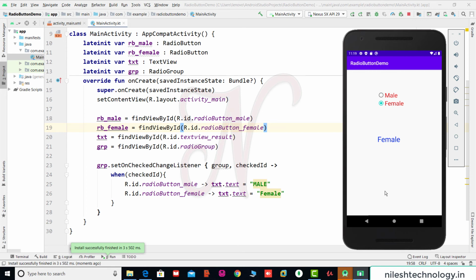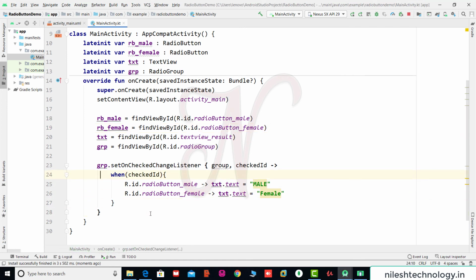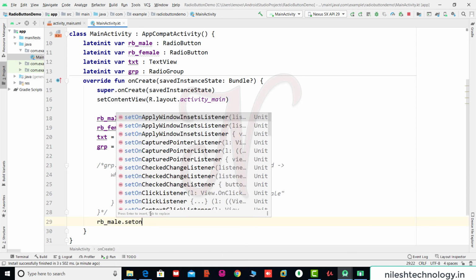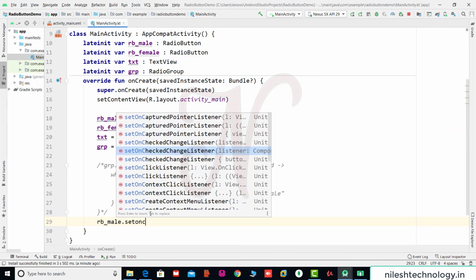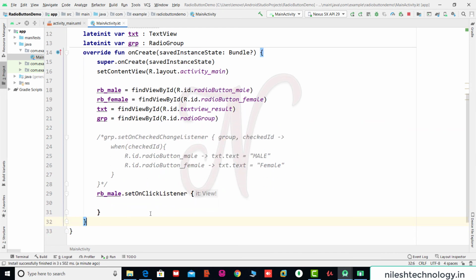Now we see another way to set the action on the radio button. Here we put the group code in a comment. See here, rb male dot setOnClickListener. This is the event, and here we add the code. If the first radio button is selected, then txt dot text is equal to male.